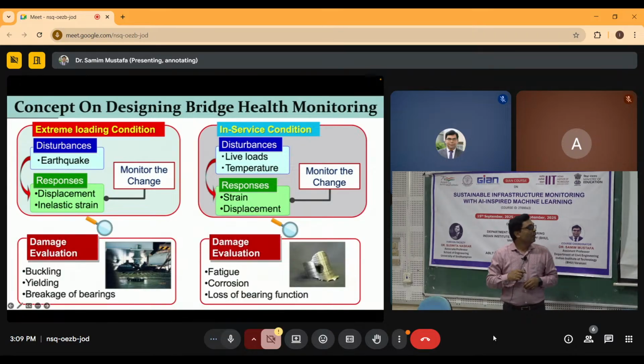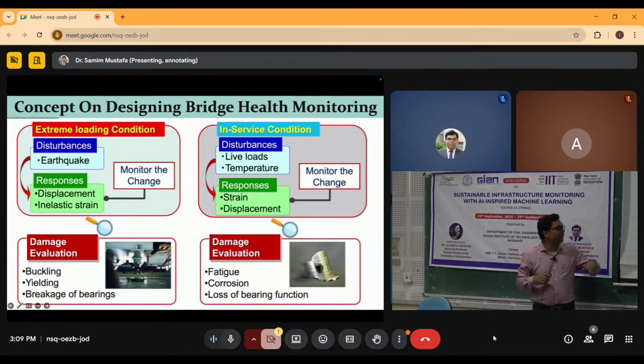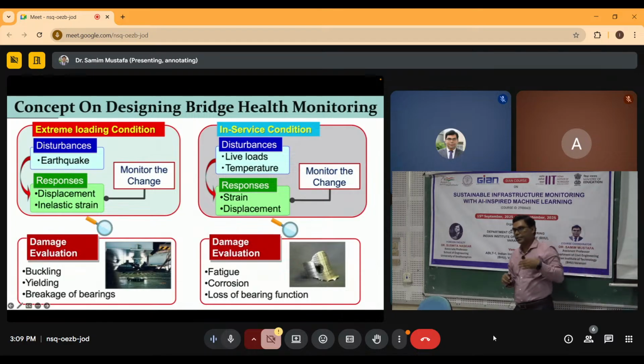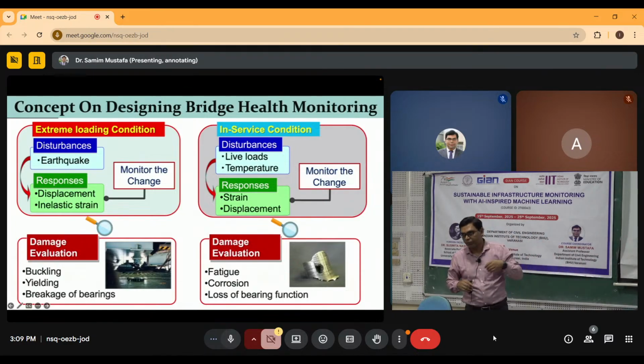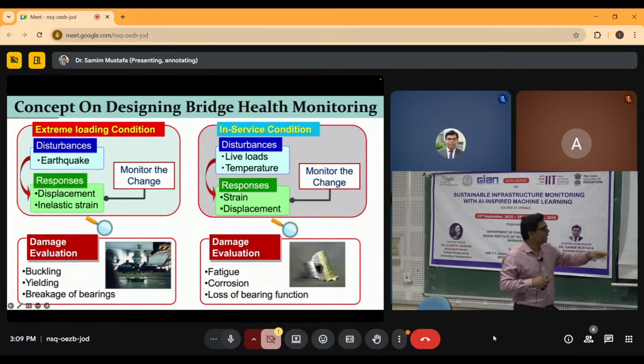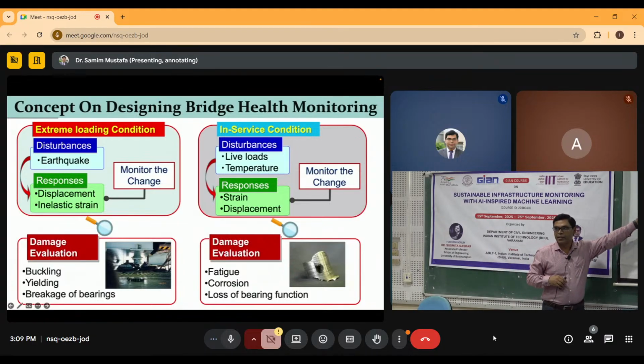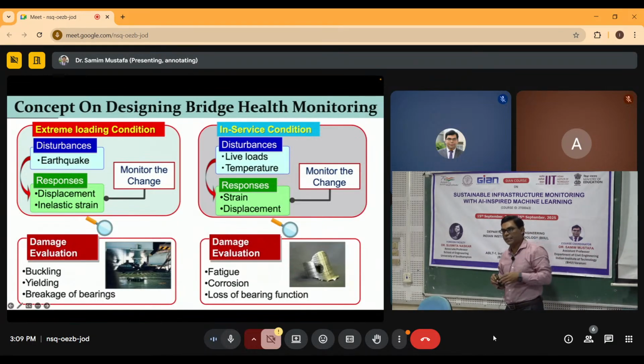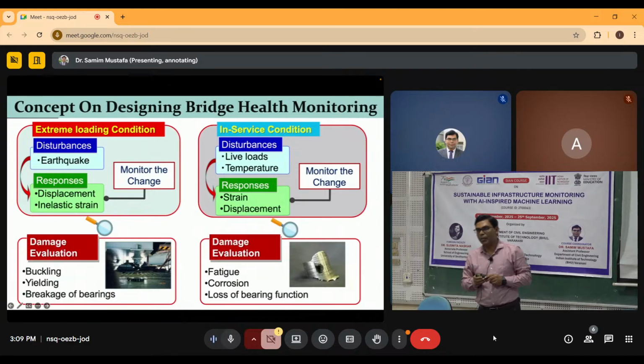And where do you evaluate the damage? Damage basically occurs in the form of buckling. Sometimes buckling occurs because of the compressive force. Then because of the yielding, because we allow for inelastic deformation, it may happen that some of the structural